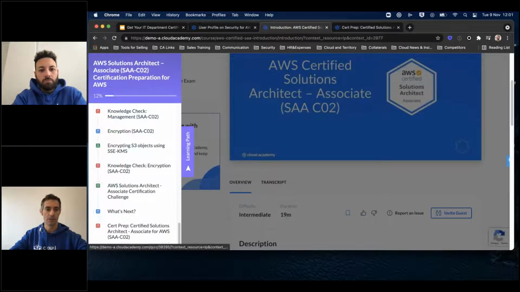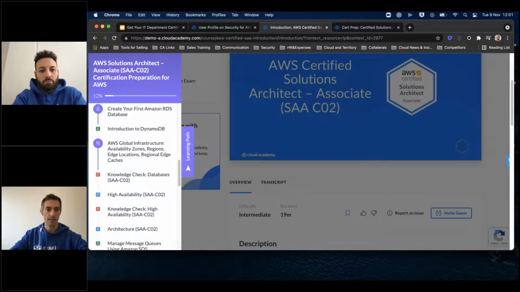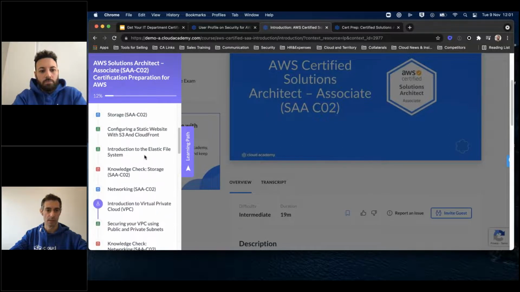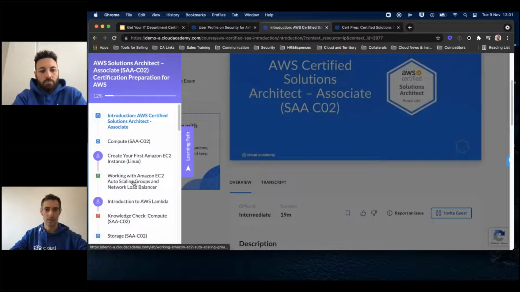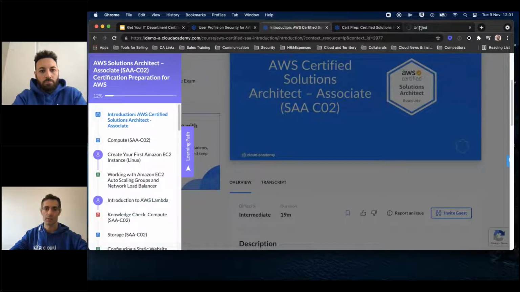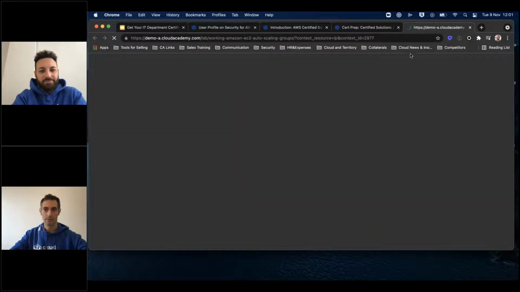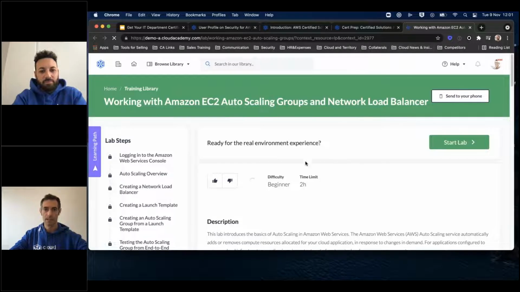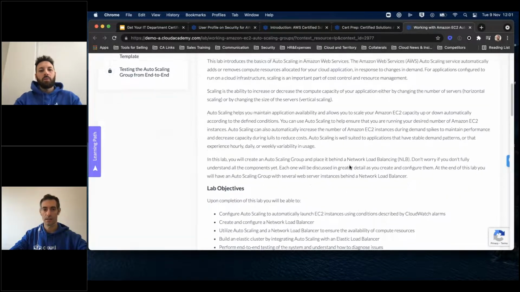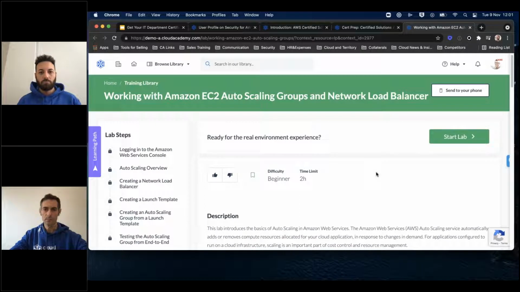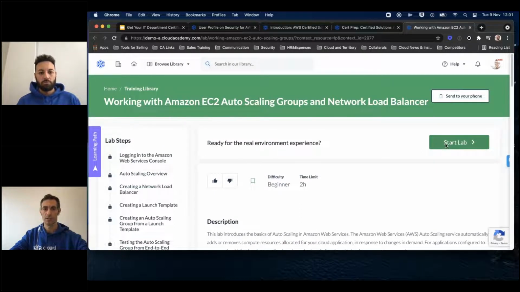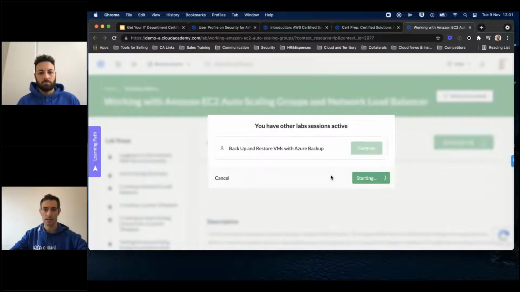Now I'm going to transition for a second to the labs, because I want you to see how this works. So I'm going to try to spin up the environment here. This is the guided lab. You see all the description. I'm going to spin this up.